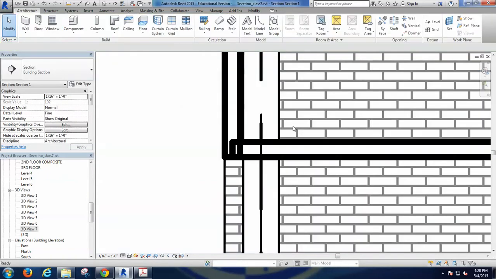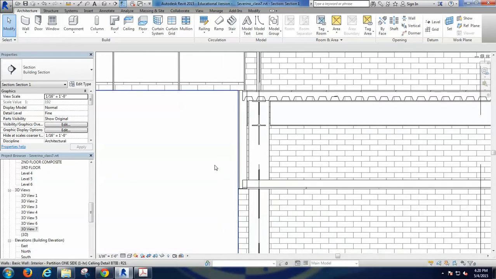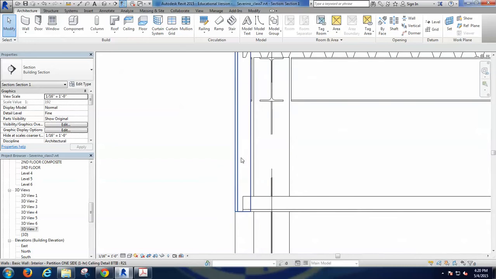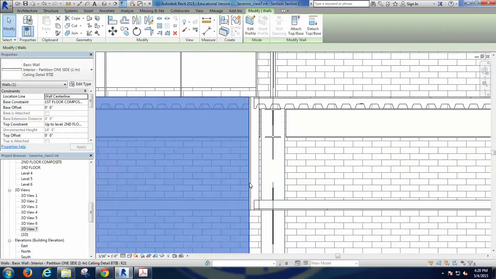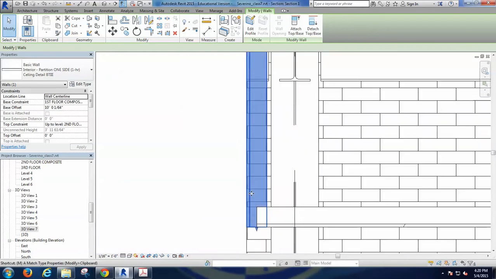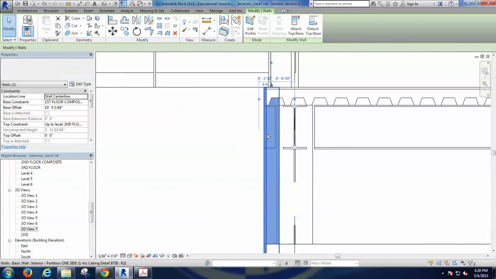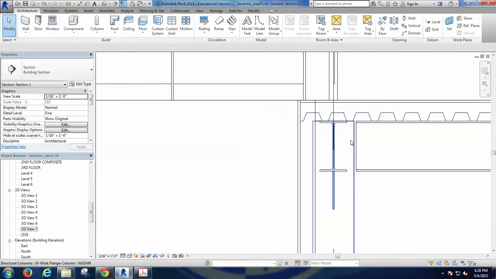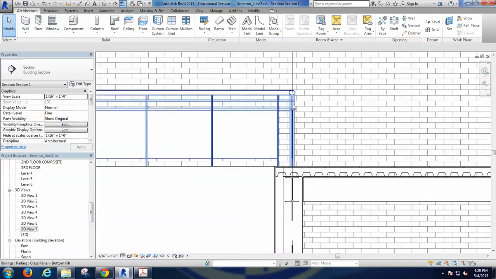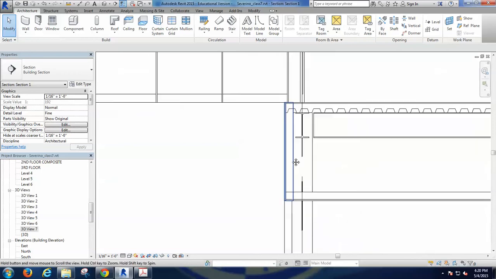If I go to thin line, by the way, we start seeing more in detail how good or bad things are solved. This is the partition, this is the gypsum board, these two lines, and this is the ceiling that comes to this point. So I can even select the partition and move this so it's actually more in detail. The gypsum board comes in front of the wall of the floor slab, which then becomes a perfect type of detail there. Now here's the problem: the metal stud,